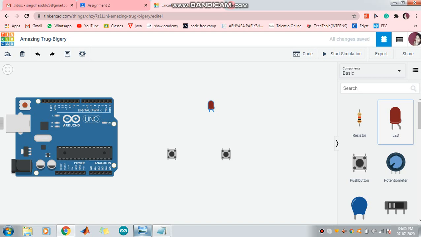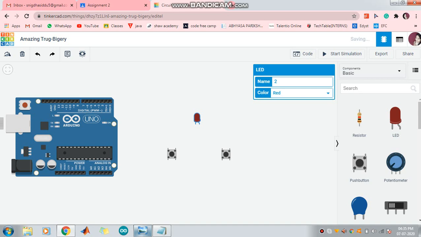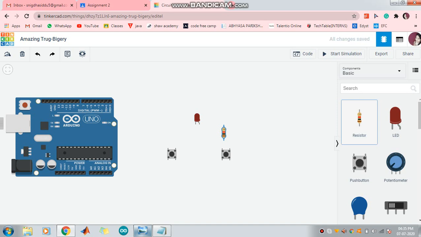Here comes the LED. Now for this, firstly we need to connect the power supply. As we also mentioned that there is a need of current limiting resistor, we need to take two resistors.